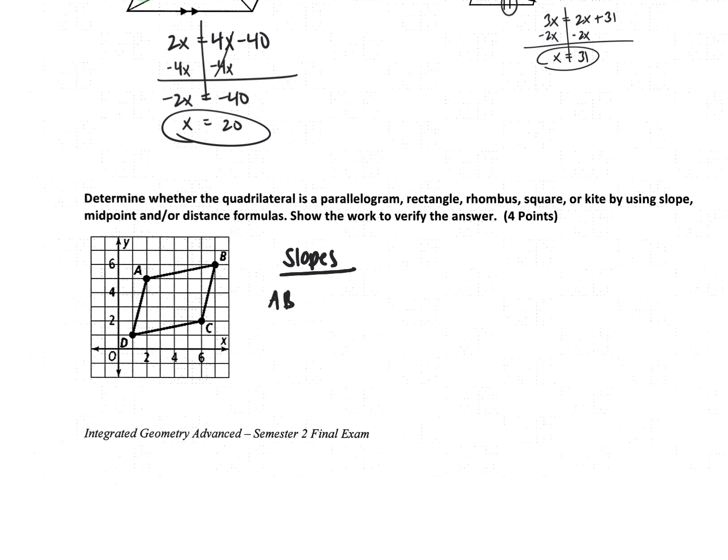my slope of AB is I go up 1 and I go over 5. Yep, so 1 over 5. My opposite slope from that is DC. Again, I go up 1 over 5. Then I can check AB or AD. AD would be going up 1, 2, 3, 4 over 1. So my slope there is 4, and my slope for BC is also 4. Okay, so since I know my opposite sides are parallel,